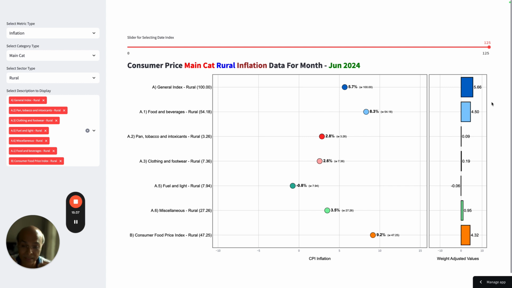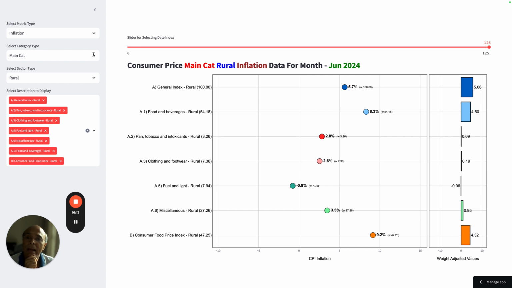It's a matter of great concern. Food, the basic necessity of life, is contributing 5.66%. Now, you will not be able to get this insight by looking at this number, 8.3%. You need to look at the weights. You need to multiply this with the weight to look at the impact on the overall index, because we are only interested in the overall index. Everybody is looking at the overall number, which is 5.66%. So that is the power this tool is going to give you to understand the character of India's inflation.